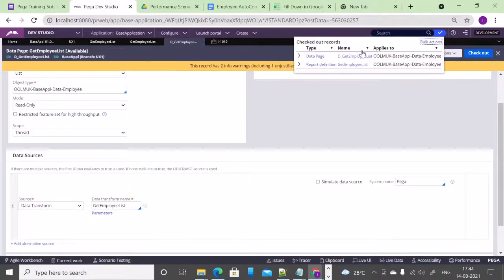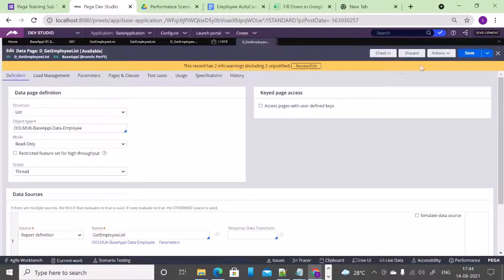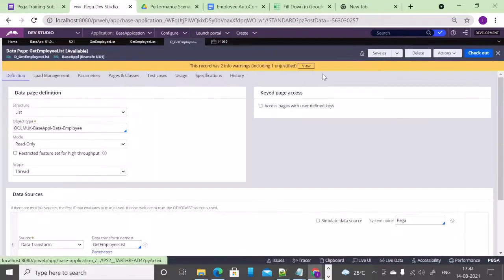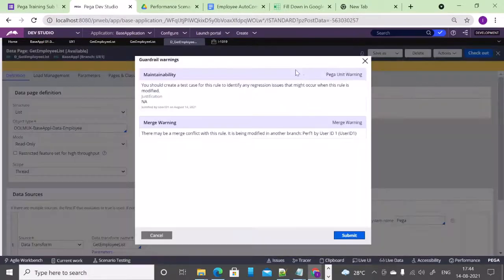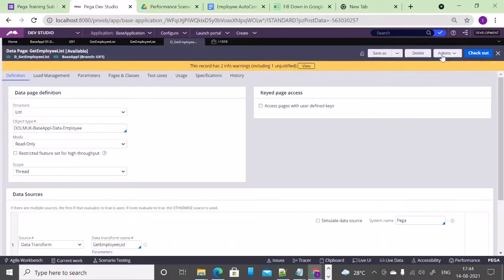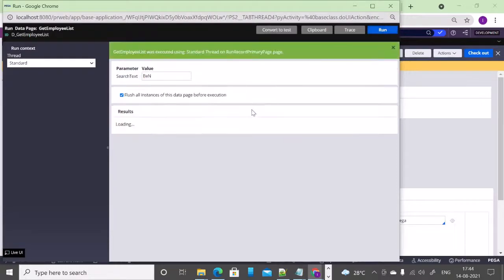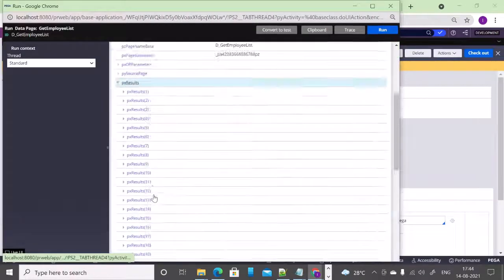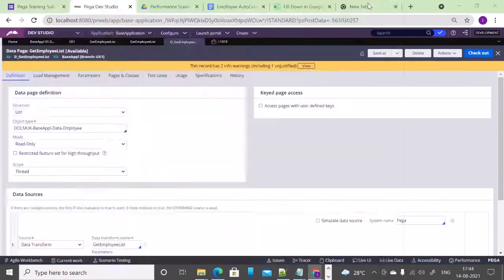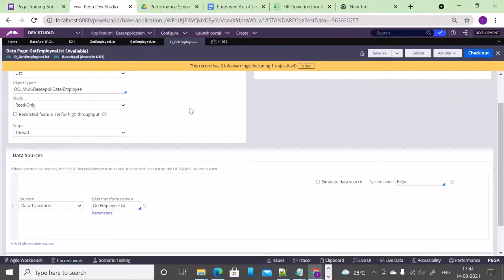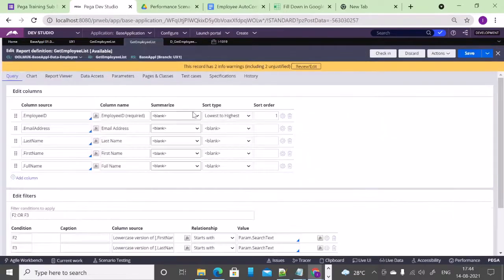There is another one, let me remove this. And flush data page. Okay, so it is retrieving data. Since I've made the pagination 50, it is returning a smaller number of records.